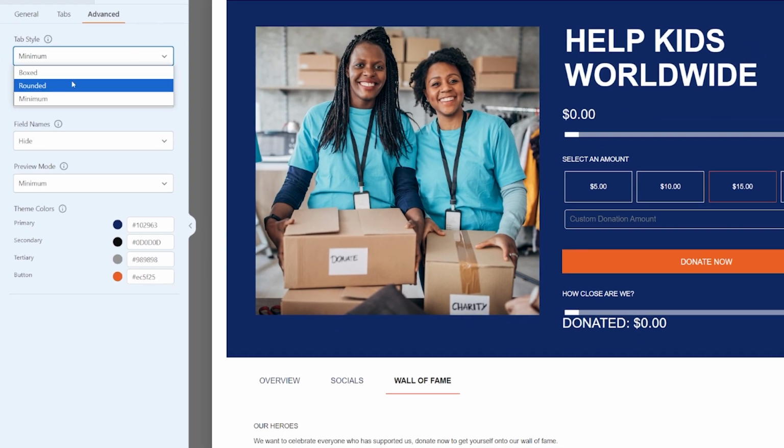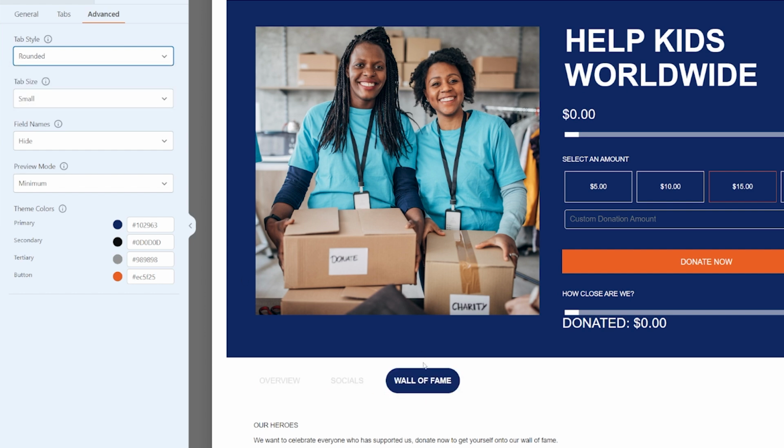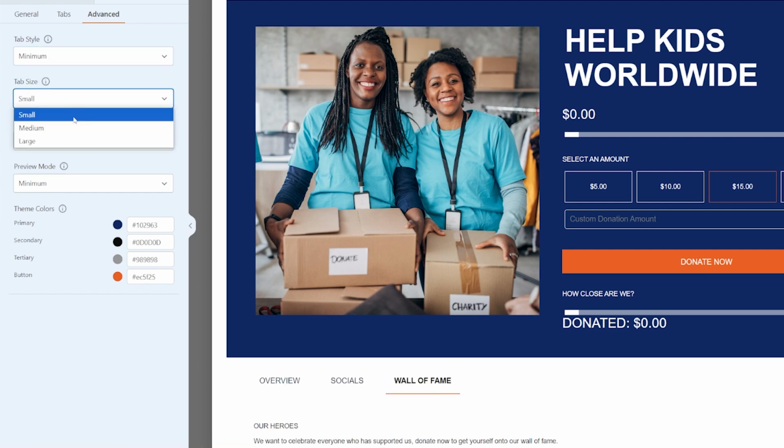And this is going to be able to change a few things across the whole page that you're looking at. So we can change the tab style. You can see at the moment it's minimum. And then if we change that to rounded, we actually get rounded tabs, and we can change that to boxed if we want as well, like that. We're just going to leave it at minimum. And again, we can change the size of those tabs depending on what we want. What we're actually looking for here is to go to the theme colors, and we're going to change this primary